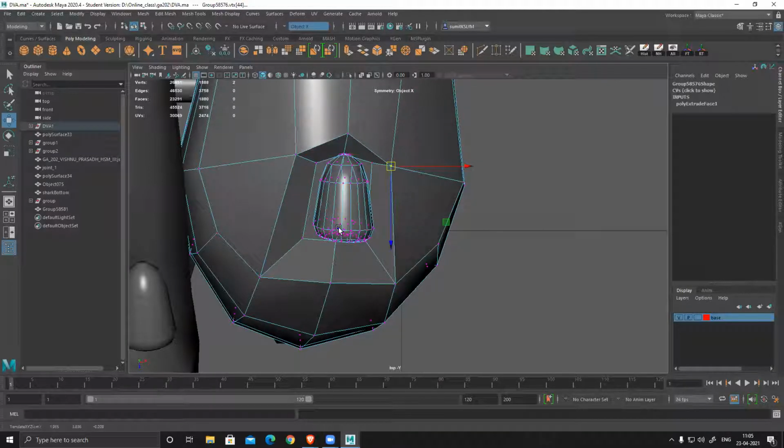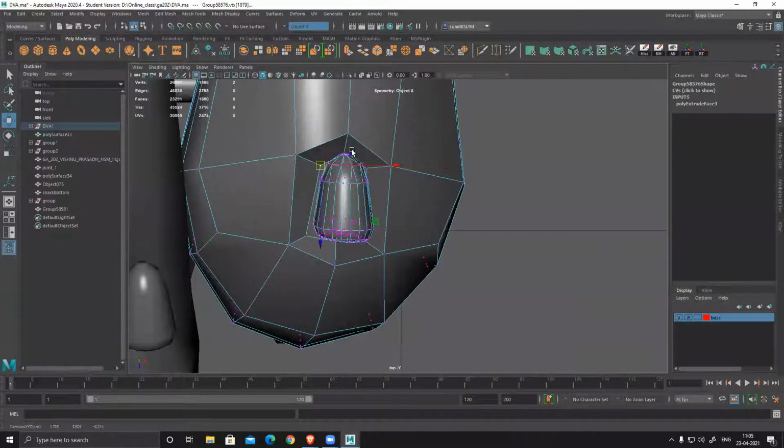So first we blocked out, then we created the high poly. Some of you created the high poly within Maya, and a few of you did it in ZBrush. That's completely okay, as long as you add all the details and your mesh is smooth enough. So we're ready to move to the next stage. The next stage is basically high poly to low poly. Fine. This will be my final low poly, and based on this my entire texturing, UV, everything I'll do.